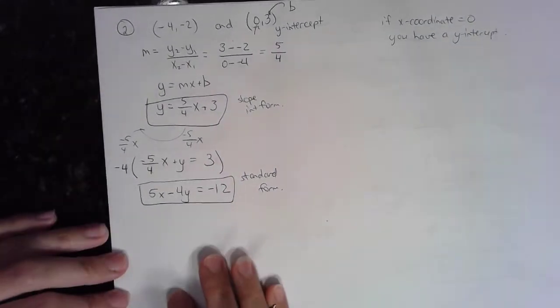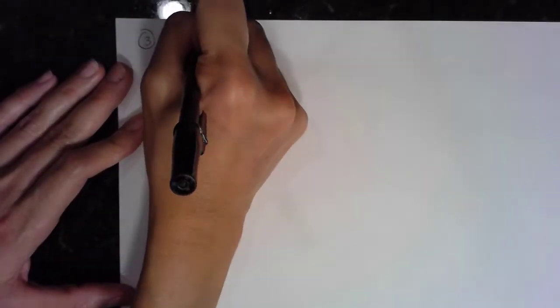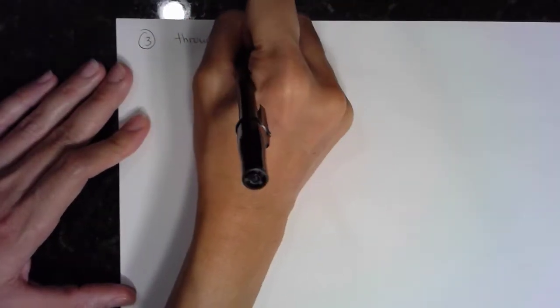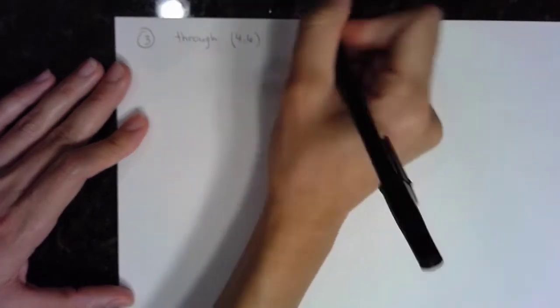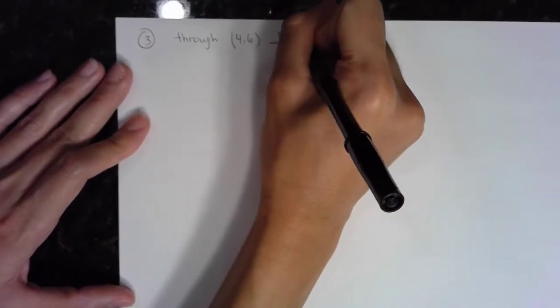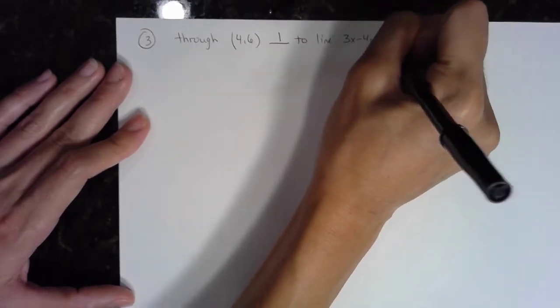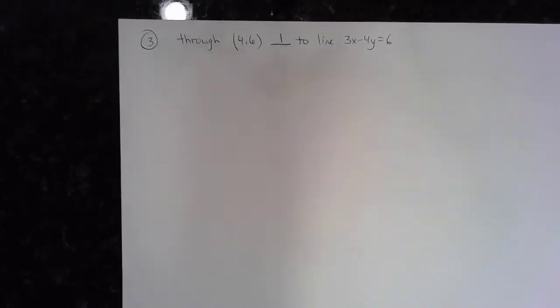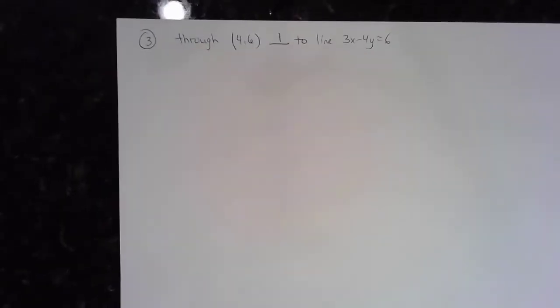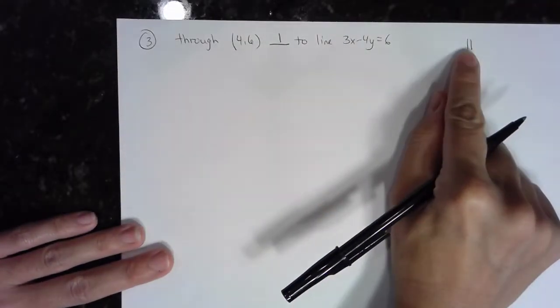I want to just do one more example, writing the equation of a line. And this time, you're writing the equation of a line through the point (4, 6), perpendicular to the line 3x minus 4y is equal to 6. Now, not everybody has done perpendicular and parallel lines. So if you have not, I need you guys to check out my video talking about that. But once you hear parallel lines, and this is the symbol for parallel